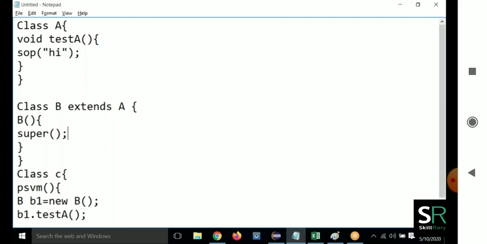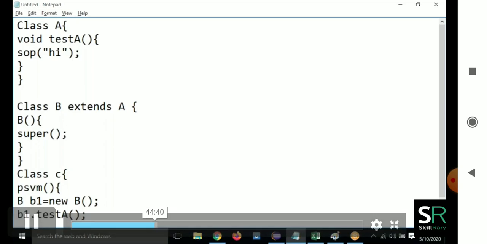The job of the super() constructor call is to call the parent class constructor. And there is one rule: the super statement should always be the first statement inside the constructor.